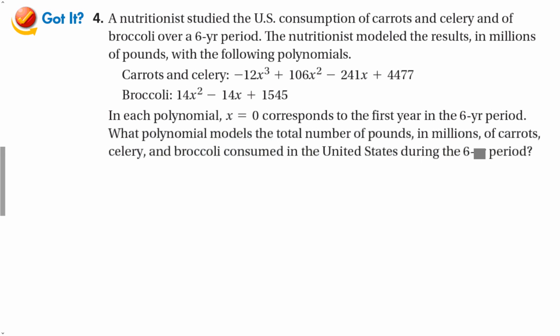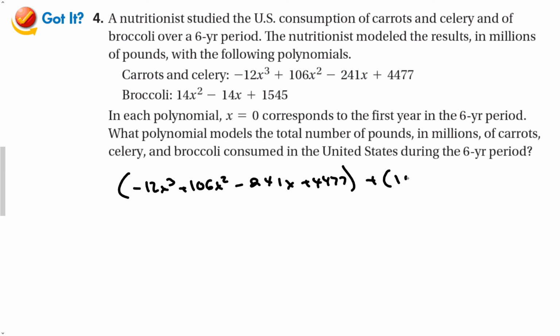A nutritionist studied US consumption of carrots and celery and broccoli. All very good. Eats lots of vegetables. Over a 6-year period, the nutritionist modeled the result in millions of pounds with the following polynomials. Carrots and celery, there we go. Broccoli is the next one. And I'm going to guess we're going to add them together. Carrots, celery, and broccoli all together. So we do carrots and celery minus 12x to the third plus 106x squared minus 241x plus 4477 plus my